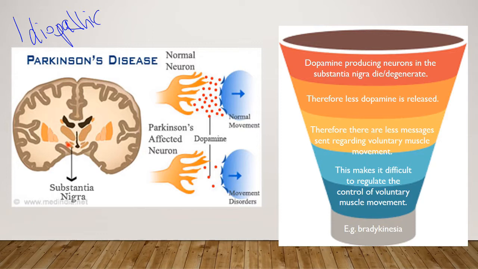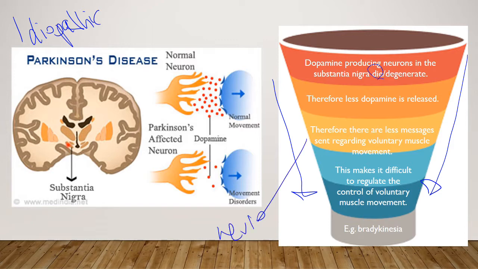with the changes in the brain, okay? So this is a really, really good structure to know. I would make sure you know it very, very well. So we know that the dopamine-producing neurons in the substantia nigra die or they degenerate. I like die, it's easy to say. Therefore, less dopamine is released. There are less messages sent regarding voluntary motor movement, or you can say that neurons fire uncontrollably, and this will make it difficult to regulate voluntary motor movement, for example, and you might talk about certain symptoms,